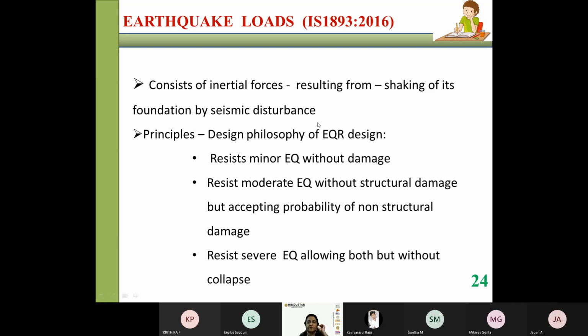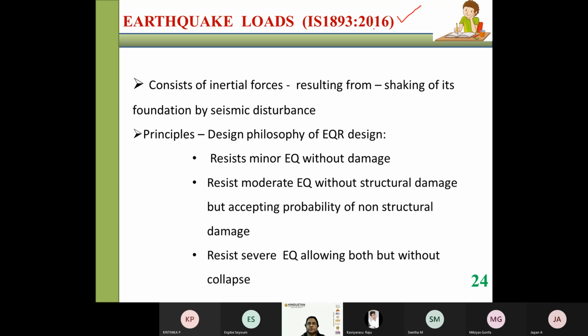So this is what we were discussing: the dead load, live load, impact load, and the construction load. Another important load is the lateral loads. Whatever we were discussing now were the gravity loads. All these were gravity loads. Now what we are going to see is the earthquake load. For earthquake load, we have a codal provision, that is IS